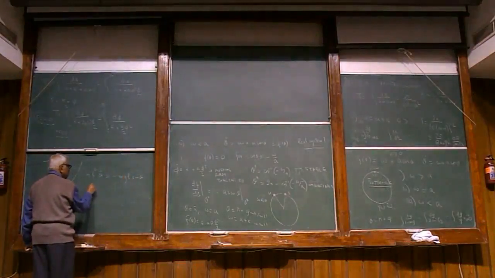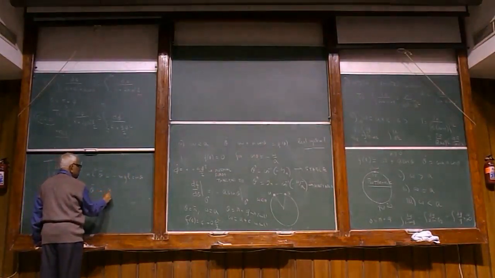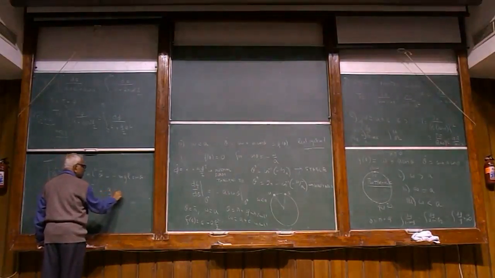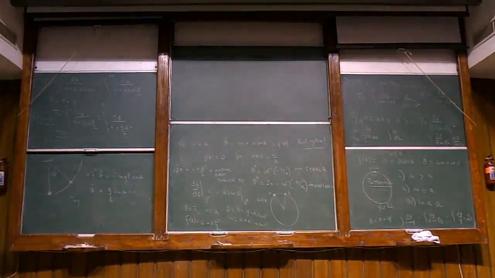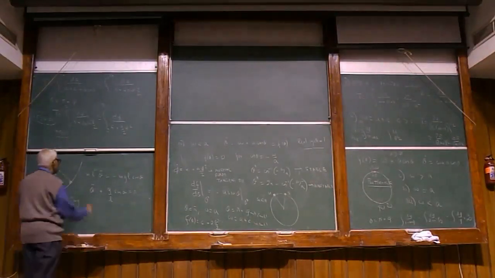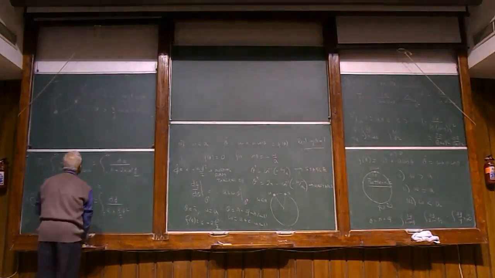So theta double dot plus g over L sine theta is equal to 0. So this pendulum with arbitrary amplitude has an equation of motion which is theta double dot plus g over L sine theta equal to 0. So this is undamped motion